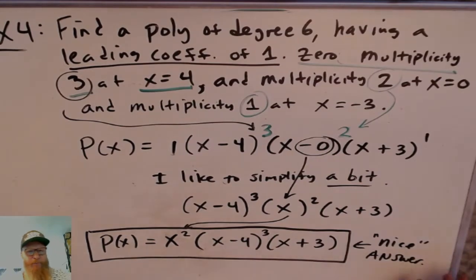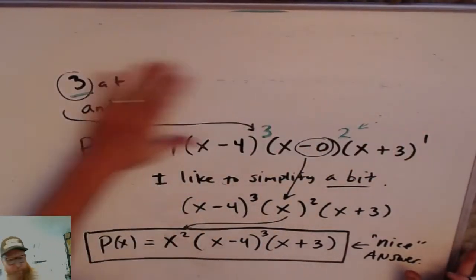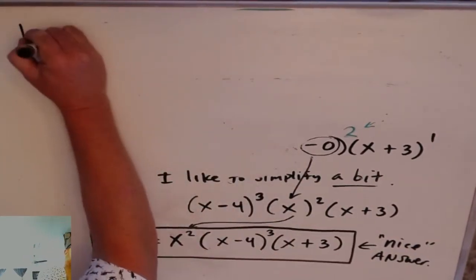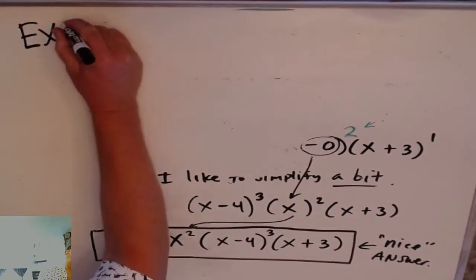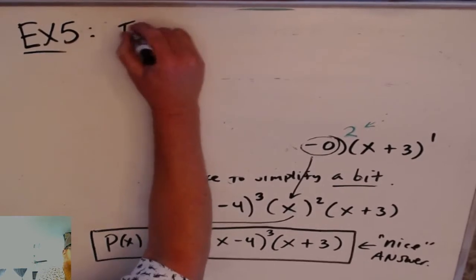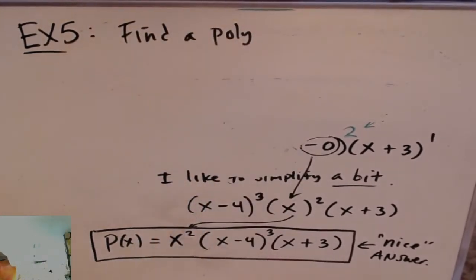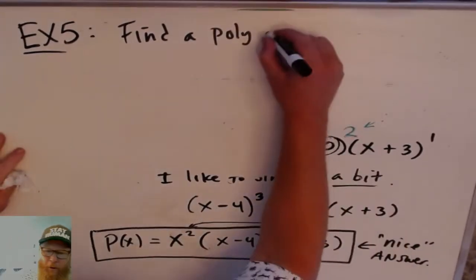Let's try another one. A lot of these today, so not too much variety today. Just trying to cover everything, cover all our bases. Find a polynomial of degree 4